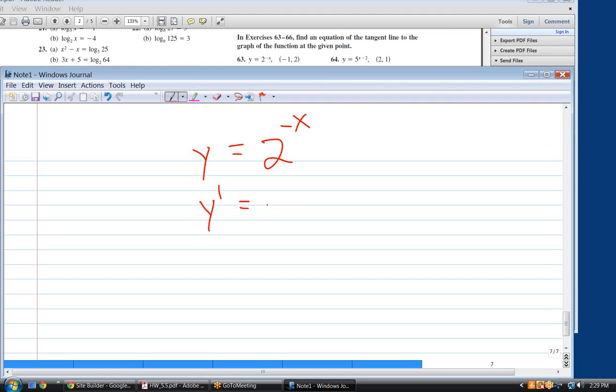So that's 2 to the negative x natural log of 2, and then the whole thing times negative 1, so that's the derivative of the inside. Right? Okay. Now, that's our slope. And they want it at what point? Well, negative 1. So we're going to plug in negative 1 here. So y prime of negative 1, so to speak,